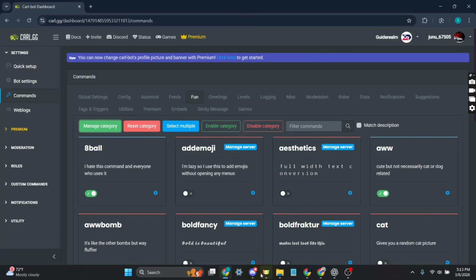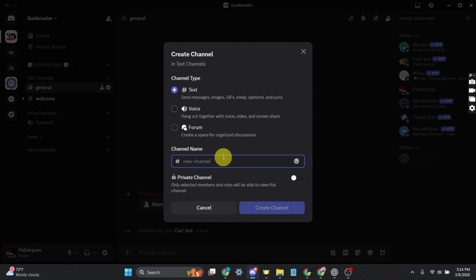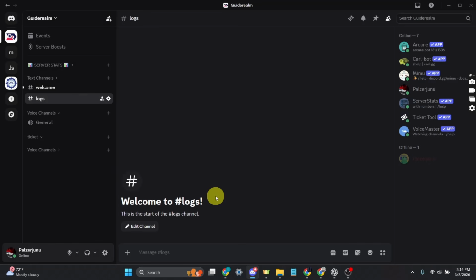Go back to Discord and create a new text channel. Just click on the plus icon on the text channel and give your channel a name like logs. After naming your channel, click on create channel, and after creating the channel, open its settings by clicking on edit channel